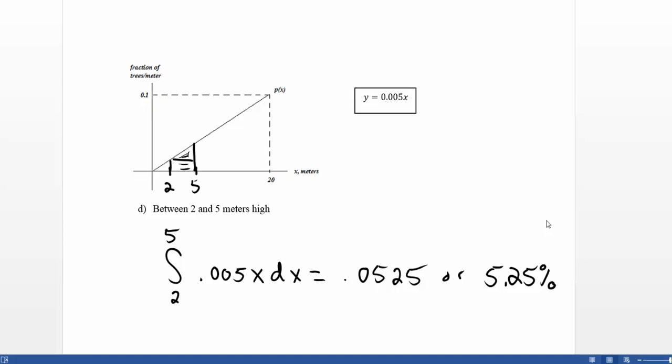So one subcategory of density functions, which again is going to look at this pretty much the same way, is something called